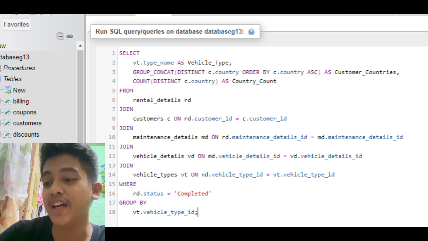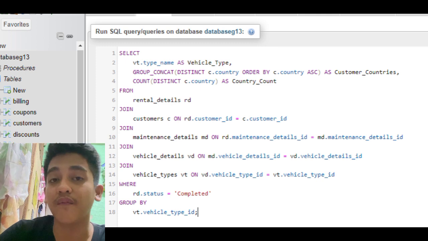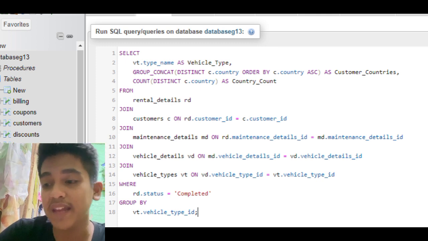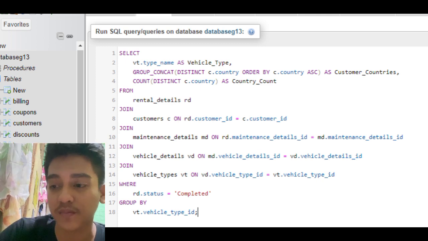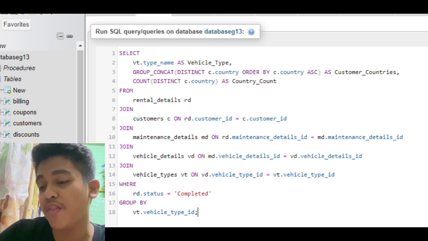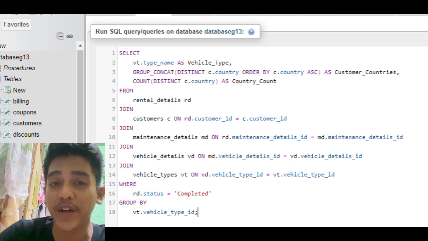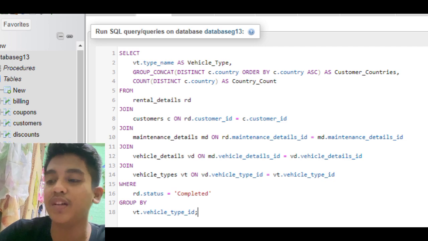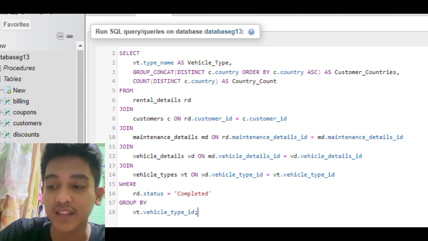Then vehicle details is joined with vehicle types to get the type of each vehicle. Then the third is the RD.status equals completed, which filters the data to include only completed rentals.